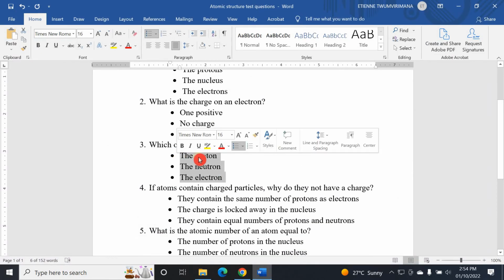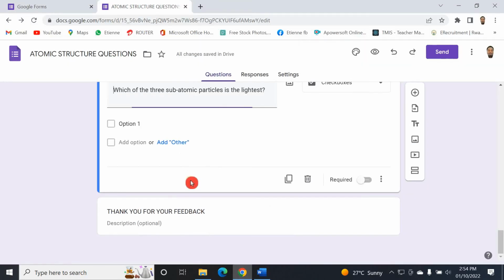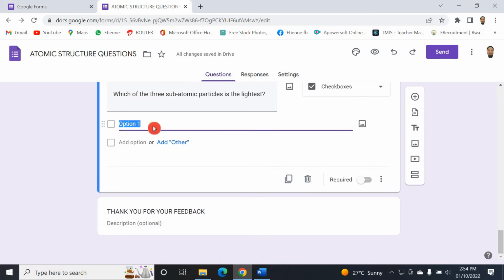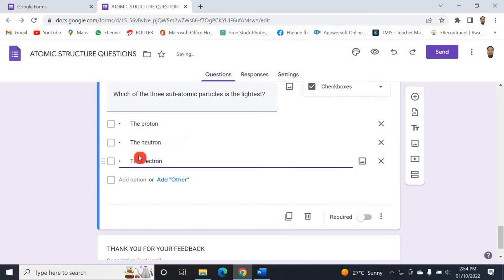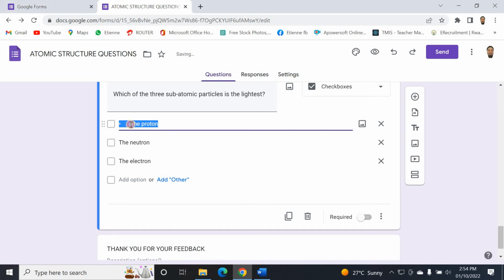You can choose to copy those questions, but I'm using them here, though it's not the light way to use them. And here put the options. You can see here, you can remove those bullets, and anytime you work with this form, you don't need to save. They are automatically saved to the drive. And you can see somebody here can check to choose more than one answer. Once I go to preview,